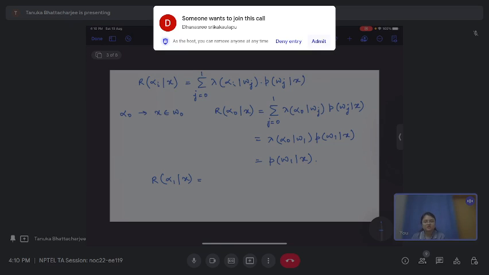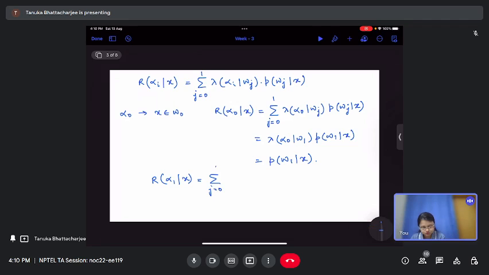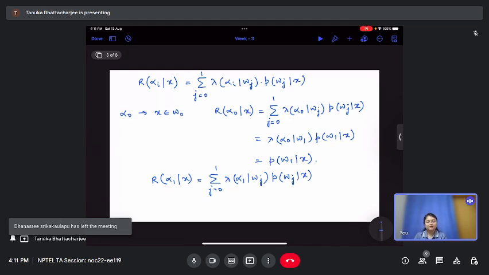So, in this case the expression will be summation j equal to 0 to 1 lambda alpha 1 given omega j into p omega j given x. Now, when we put j equal to 0, lambda alpha 1 given omega 0 is 1 because that is a misclassification. So, we will have that term,